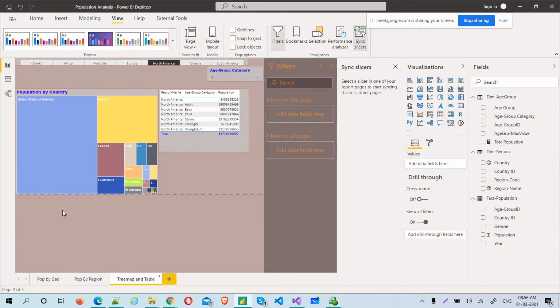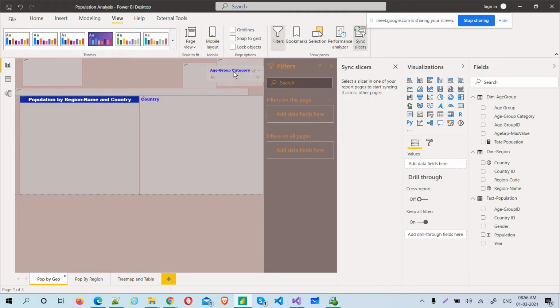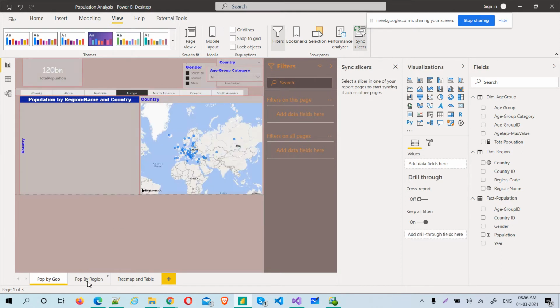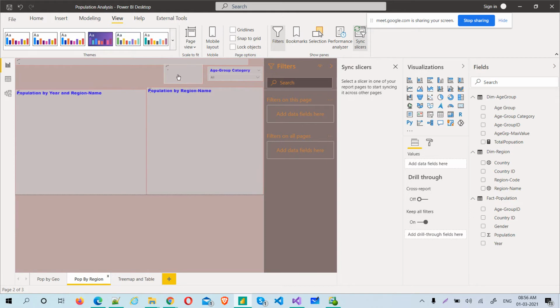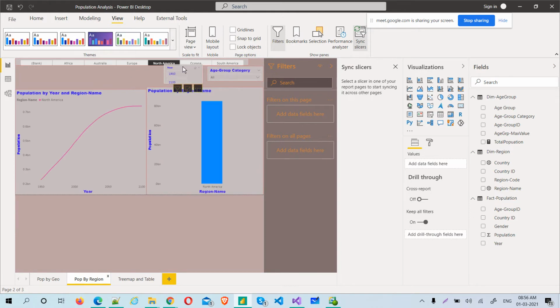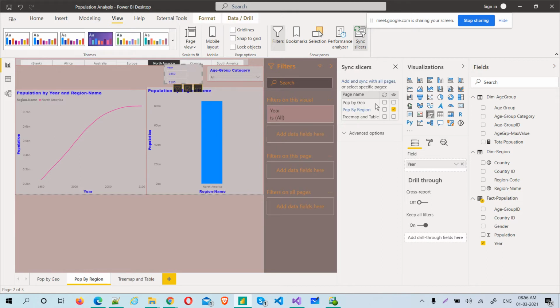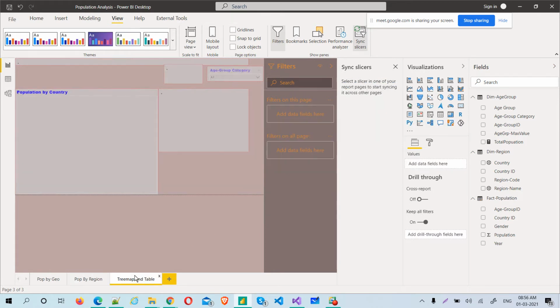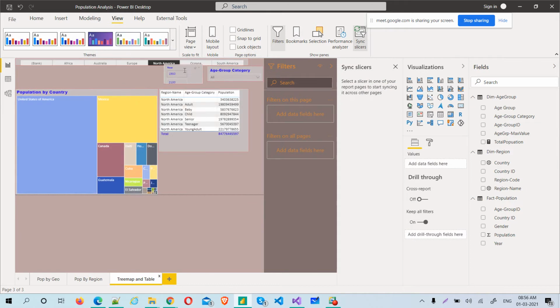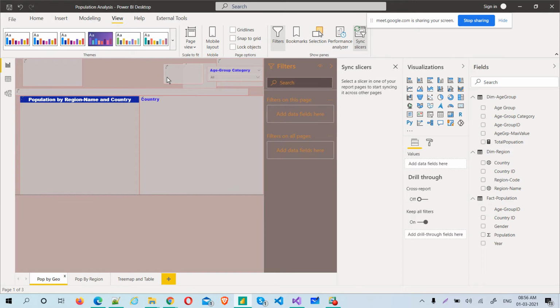Age group, see, age group came here. Age groups also will come here. It's available. Now go back and just select one more, the gender slicer, which is not available in all the others. Let me take the year one, otherwise, see year is available only here, but here, let me sync that also. Okay, so now year is available here also.